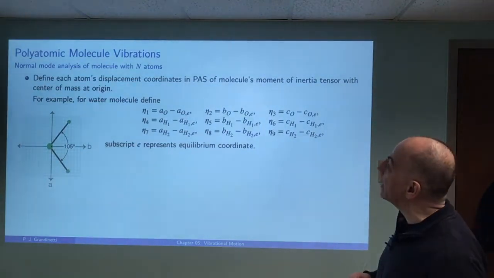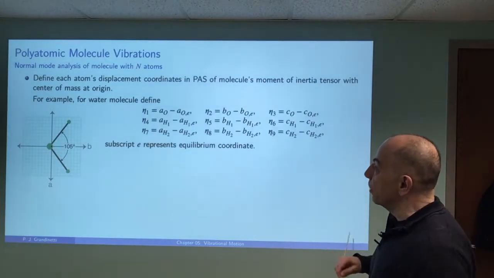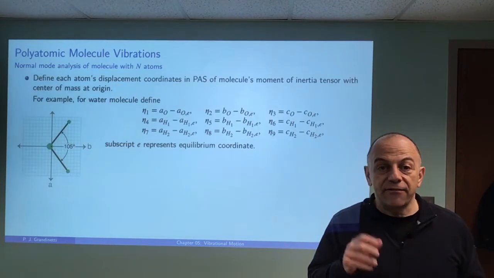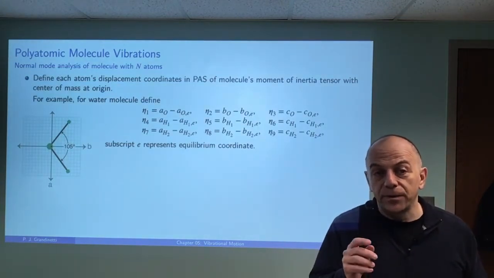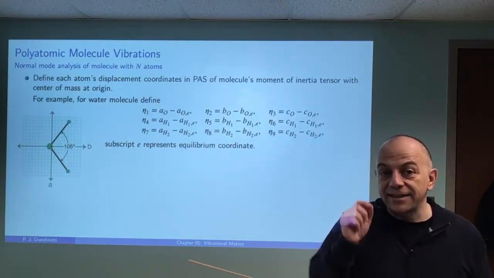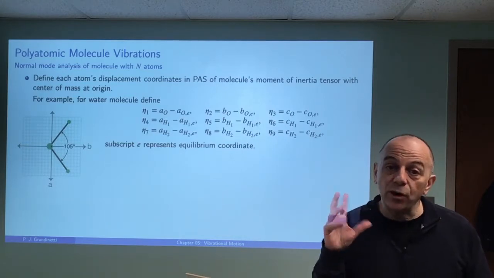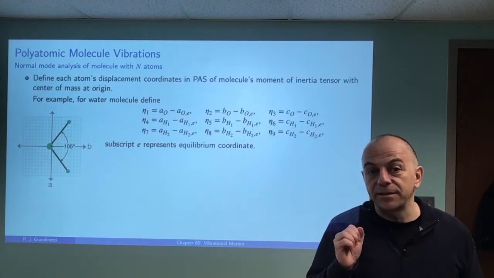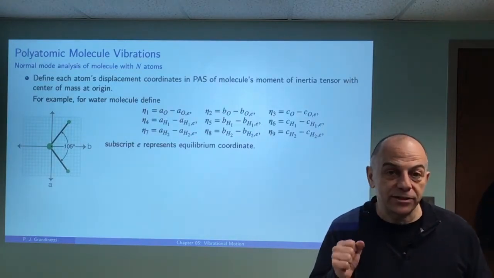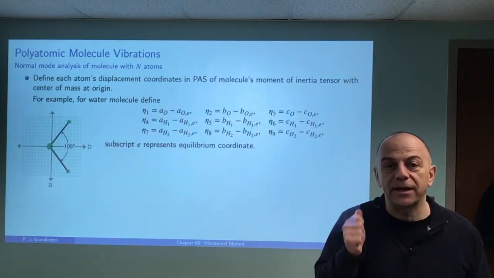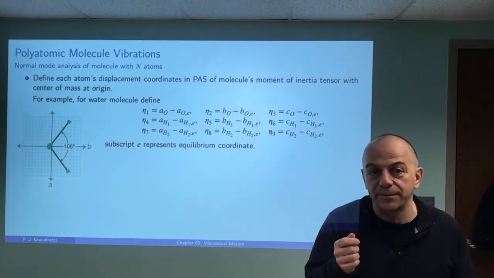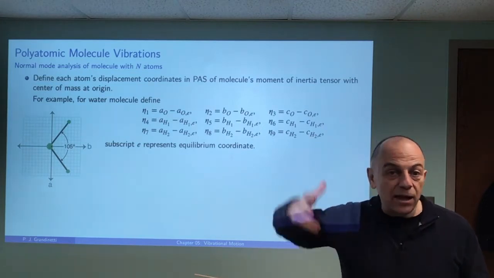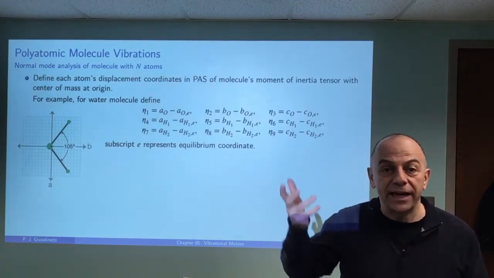how you might set up the problem for a normal mode analysis. So the first thing that we're going to do is pick a coordinate system that is fixed on the molecule with the origin at the center of mass and with the orientation of this coordinate system matching the principal axis system of the moment of inertia tensor. All right. This is important because if we pick that coordinate system, then as the molecule translates and reorients, rotates,